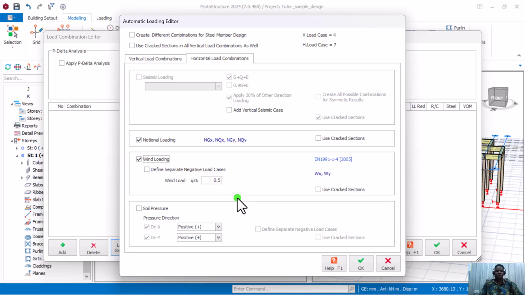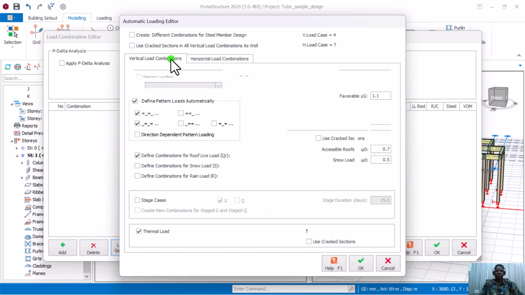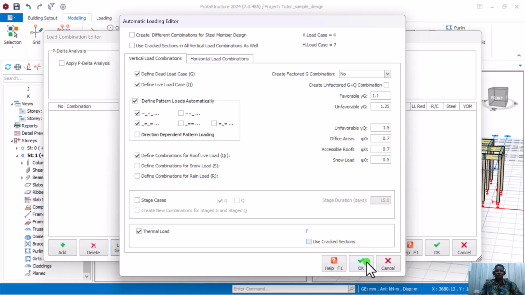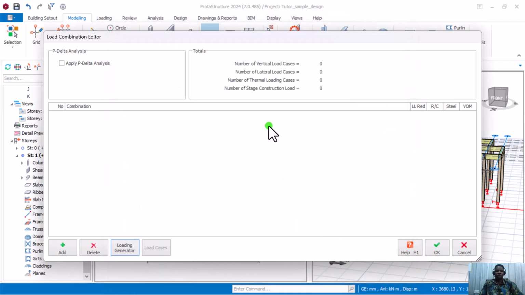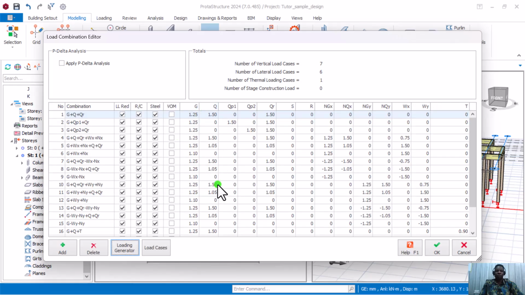So now we're looking at the soil. When we're looking at the soil pressure, we're looking at very, very simple issues here. When we do our soil design, we'll be looking at that. So for now, we'll just leave the soil pressure and tick all of this and say okay. Once it's okay, the table is going to be displayed out here. So we're going to wait for it to have a table out here,